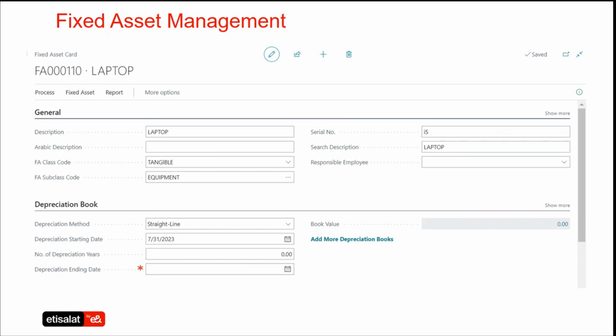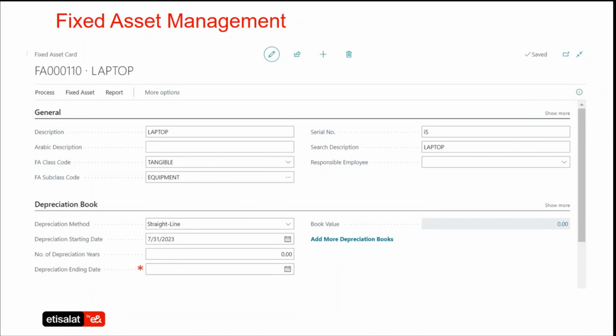Along with that, you can also monitor, maintain, and insure your fixed assets and look at what stage your assets are. It helps you reclassify and transfer your fixed assets to different locations and other things, which will really help in managing your fixed assets across your organization.